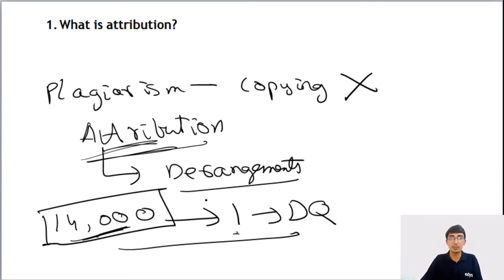If at all you're taking some code from online, please rightfully attribute it. The best thing to do is look at the logic and try to implement your own code. After all of this preparation, you don't want to be disqualified all of a sudden. So please make sure you are attributing properly, and if you're not attributing, make sure you're not copying from anywhere. Keep your code safe.